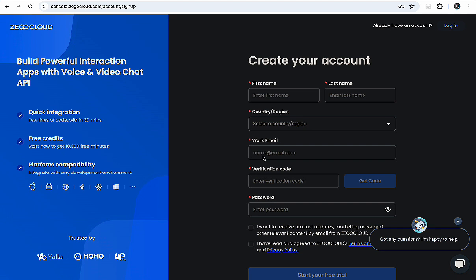and then here you are going to input your work email. You can't use Gmail or Yahoo Mail. It has to be your work email. And once you input your email, you click on this get code and they send an OTP to you. You get the OTP and add it here, and also pass in your password and then tick here and click on